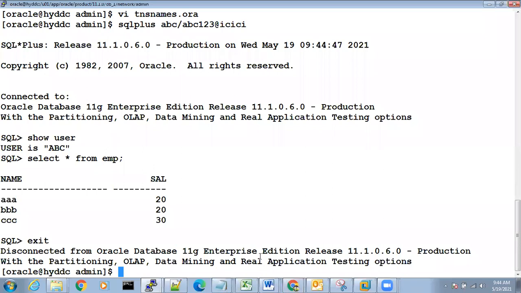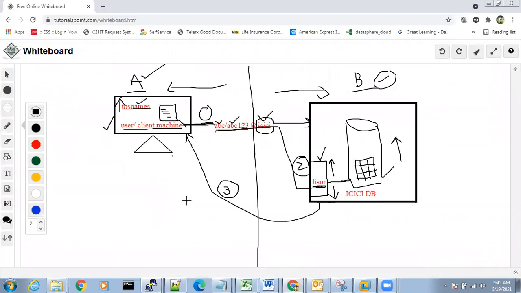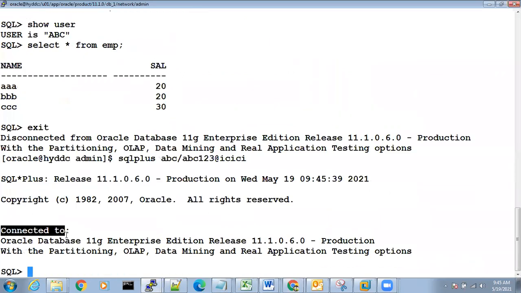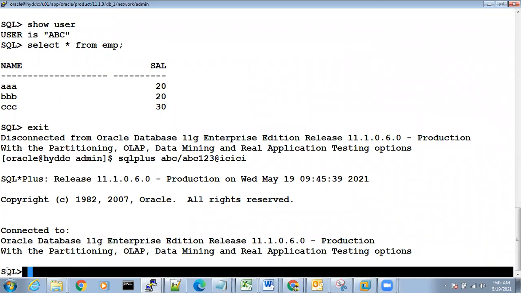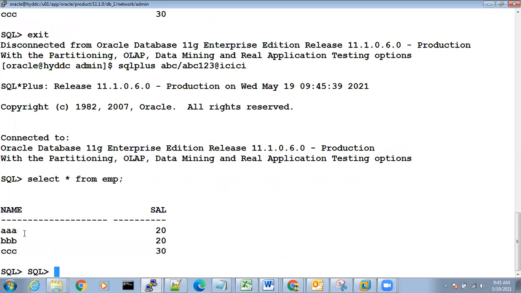And last and finally, one important thing that I wanted to tell you, which is asked in every interview. See, the listener is up. The user is giving this connection. The listener is able to listen to the connection, and the database connection is established. The user got a message, connected. After the user connected to the database, at the SQL prompt, the user is able to do the daily operations like select, insert, update, delete.